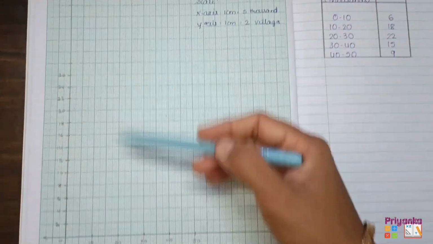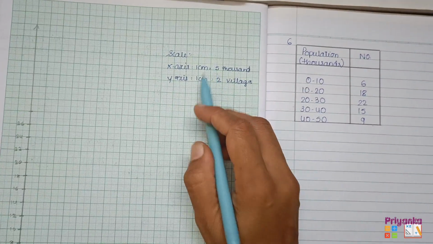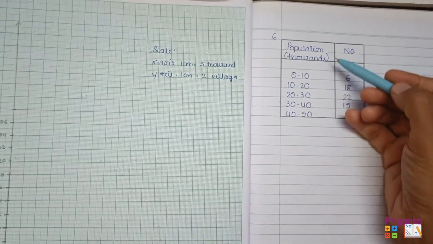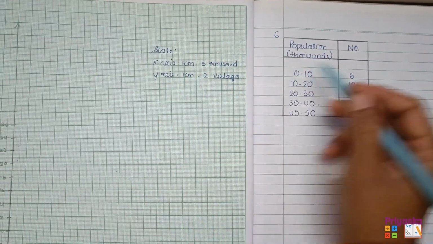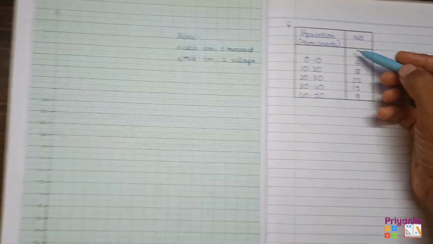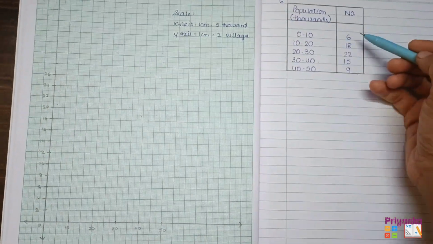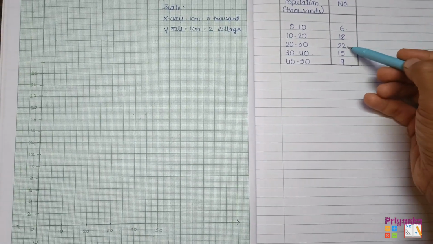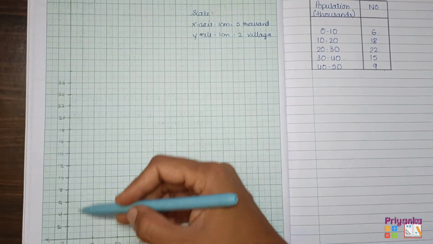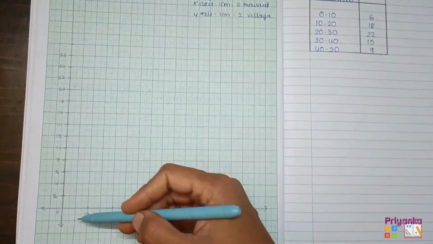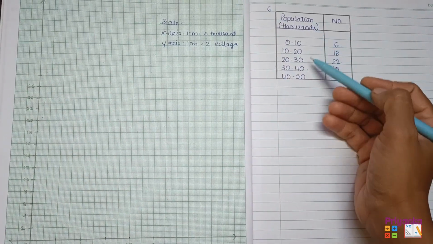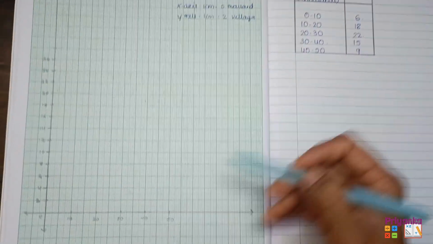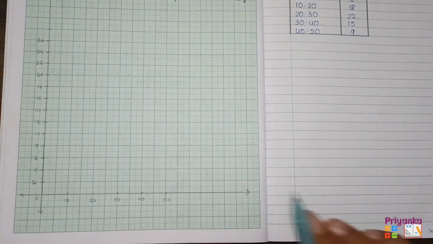And after drawing a graph, also write down the scale, write down what you are going to show on the x-axis and y-axis. Obviously on the x-axis the population in thousand and on the y-axis the frequency. While drawing a graph, remember what the frequency numbers are. The minimum number you can see is 6 and the maximum is 22. So here I took multiples of two on the y-axis. For the x-axis, it is easy to recognize, that is from 0 to 10, 20, 30, 40 and 50.